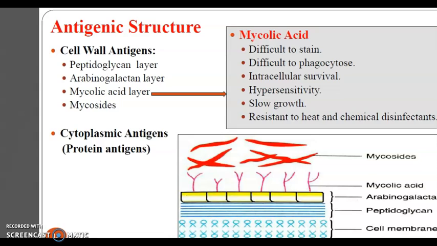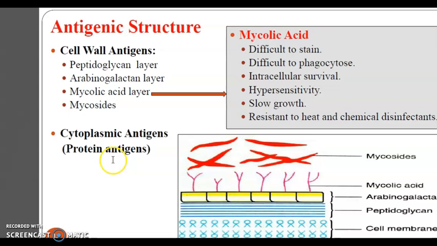Many antigens have been identified in mycobacteria. Group specificity is due to polysaccharide and type specificity is due to protein antigens. The cell wall antigens consist of the peptidoglycan layer, arabinogalactan layer, mycolic acid layer, and the mycosides. And the cytoplasmic antigens consist of the protein antigens. The mycolic acid layer in the cell wall provides the following properties: difficulty to stain with other stains, difficulty to phagocytose, help in intracellular survival, delayed hypersensitivity, slow growth, and